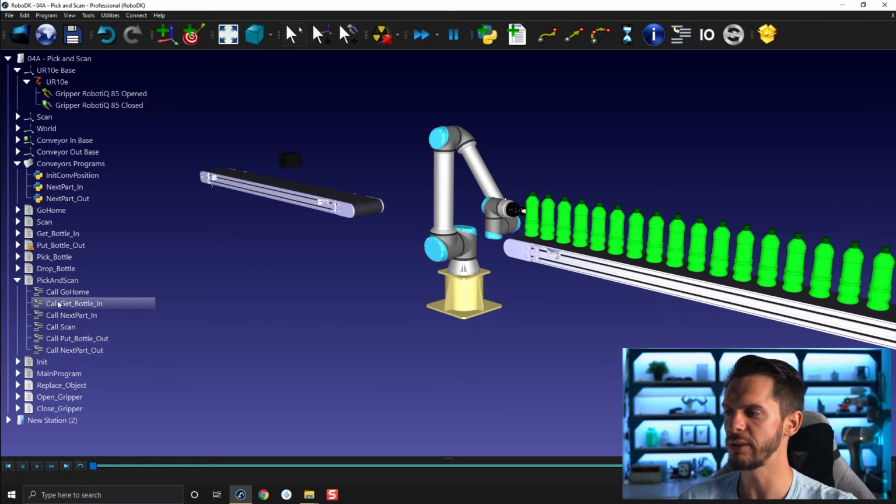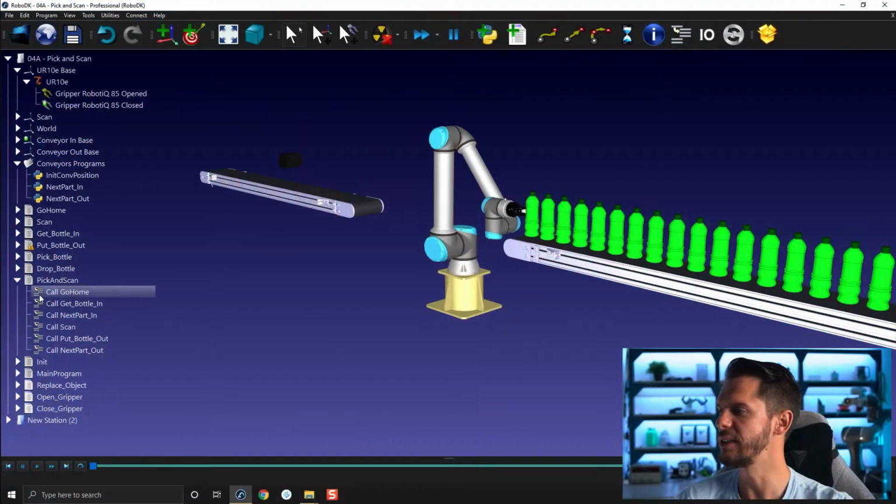Here there are some subroutines that you want to execute in a linear fashion. You want some subroutines to be executed and finished before you actually jump to the second subroutine. This is why this is the default behavior, because most of the time this is what you want. In this case, I want to call home and I want the go home to be done before I start doing anything else.